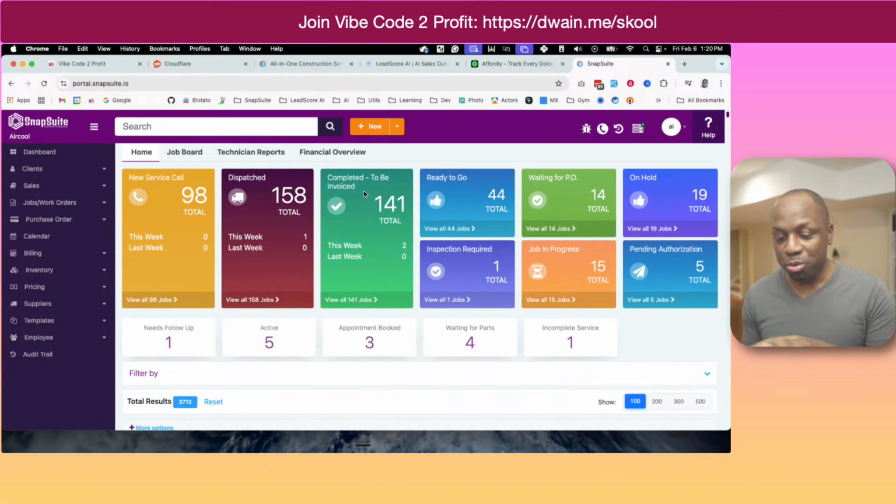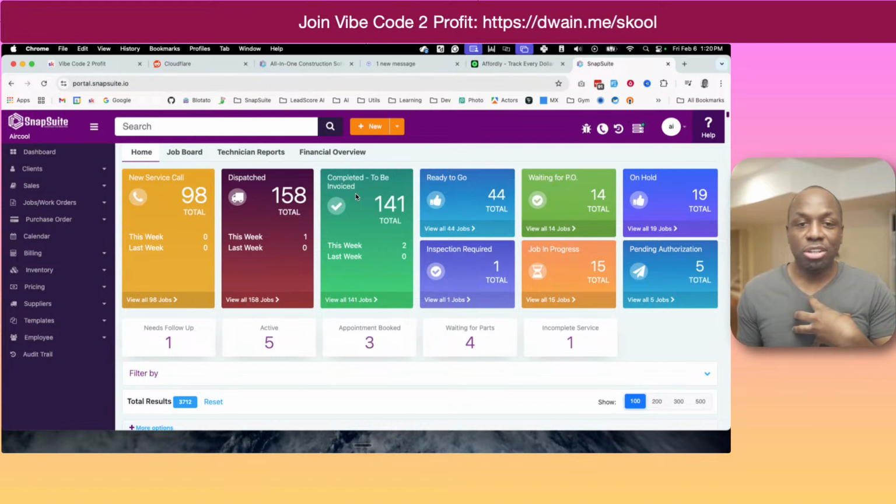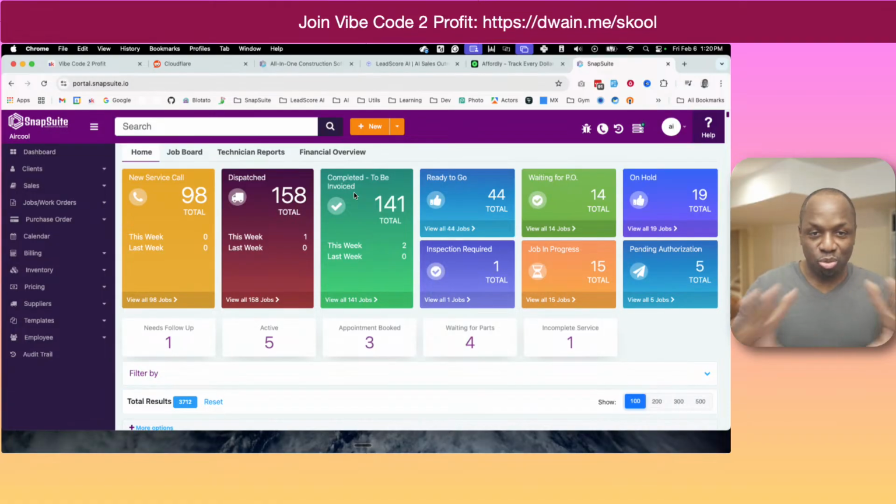And I won't bore you with the specifics of how the app works. I'm just going to give you an overview so that you understand my technical capabilities and knowledge. And just to be clear, I didn't build this by myself. I actually have about 13 developers that have been working on this app, and they're now not with me anymore because I've changed my business model and now I vibe code every single thing. But I didn't build this from the get-go with vibe coding. This was not a vibe coded app. This was a real world production app with real developers, 13 of them. And now I vibe code everything today.